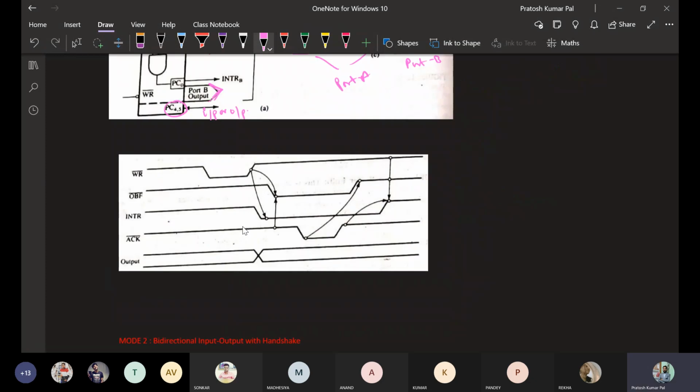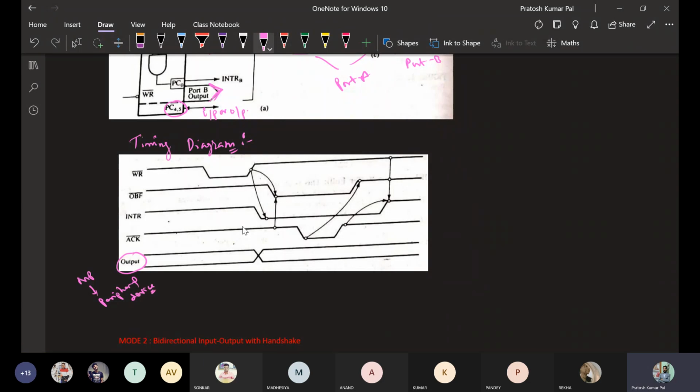This is the timing diagram. Okay. So here in the timing diagram, same indication: first of all, output data will be there, that will be sent from the microprocessor to the peripheral device.